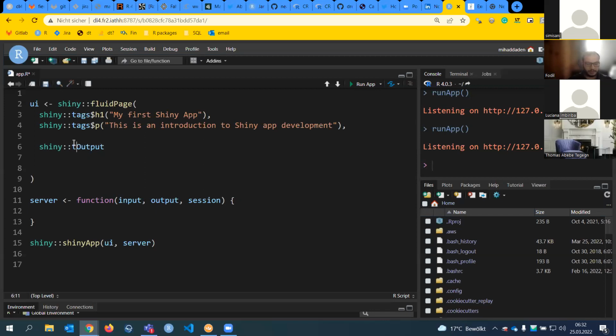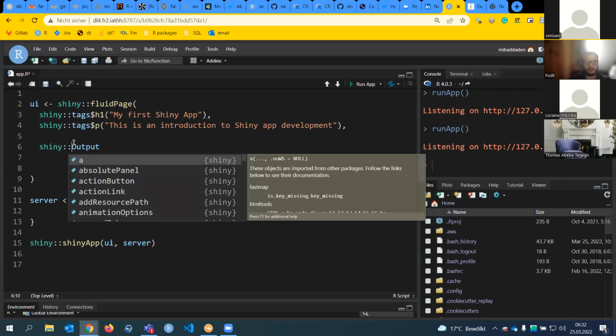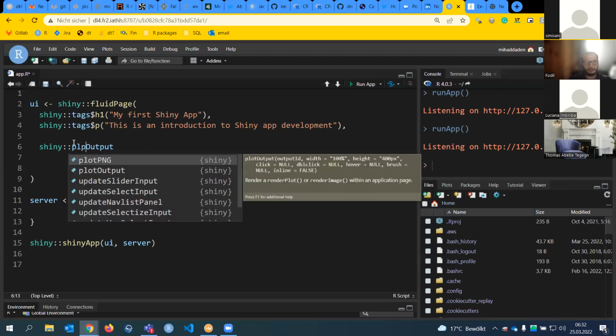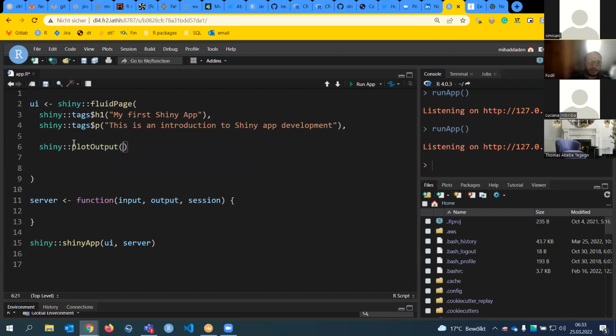I will write text output. If I want something not really text, but like a code result in my Shiny apps, it's called verbatim text output, which is different. But let's say here we are starting with plot, so I just hit Control-Shift again. I have my list and I write plot here, and I have plot output, right? That is the function. This is the family function. I have plot output, and in plot output, it's really important.